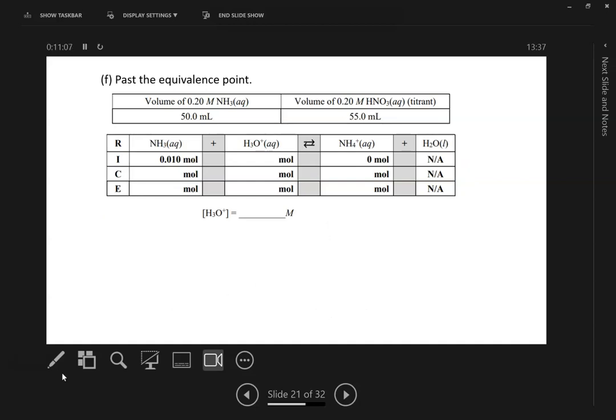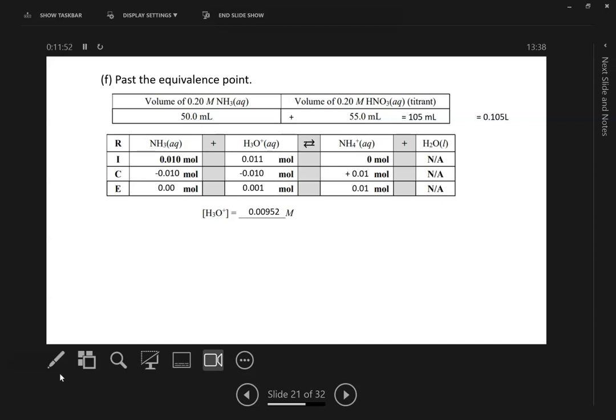Okay, now I go past my equivalence point, add 5 more milliliters of acid. Total volume is now 105 milliliters. I plug in my numbers, and now I end up with H3O plus that is in excess. Pretty straightforward problem at this point to calculate what my H3O plus concentration is. It's 0.001 divided by 0.105. And that number comes out to be